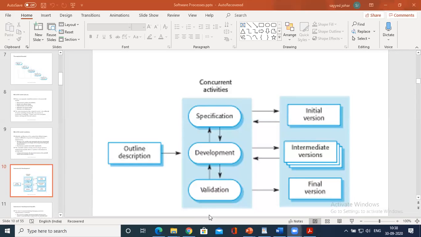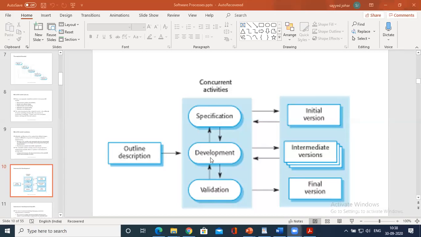Within the concurrent activities, there are specification, development, and validation. All these activities are interleaved. The meaning of interleaved is dependency. From development, there is again feedback. From specification to development, there is a direction. It is not one way, right? Once you complete the specification, you go to development.